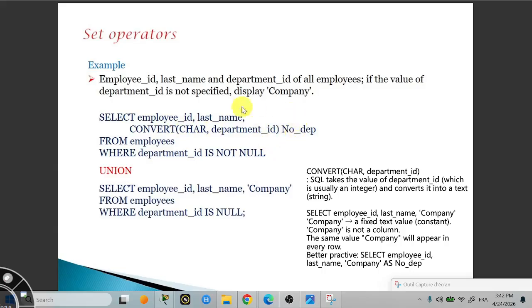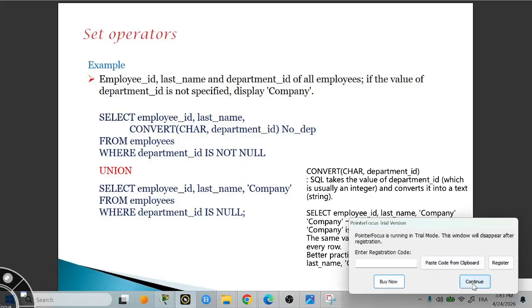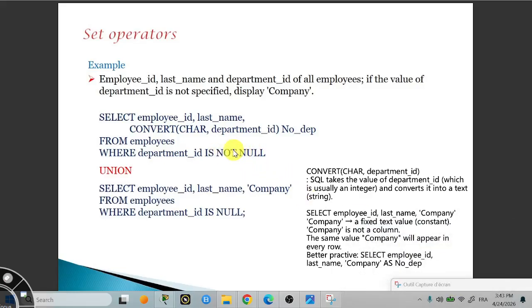From employees where department ID is not null. We will do that for all department IDs that really have numbers, not null. So all 10, 20, 30, 40 will be used as